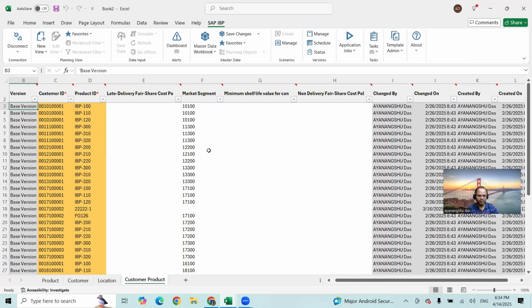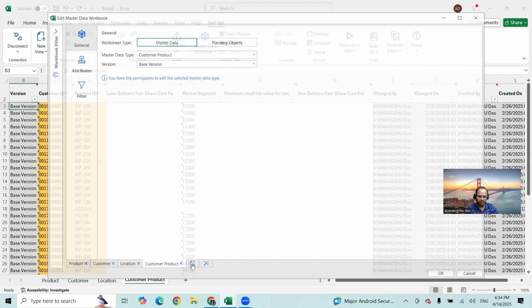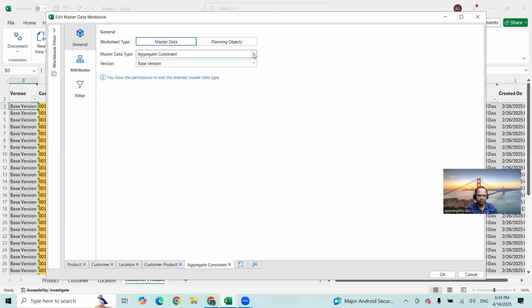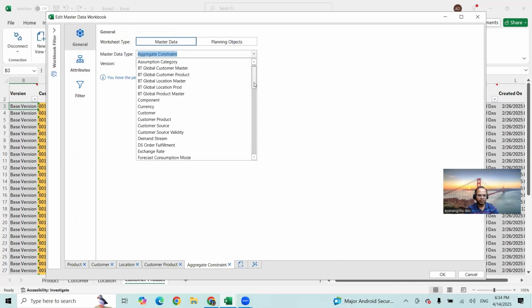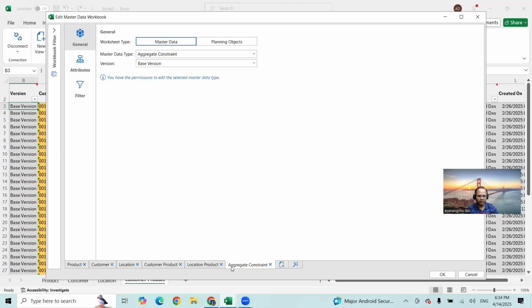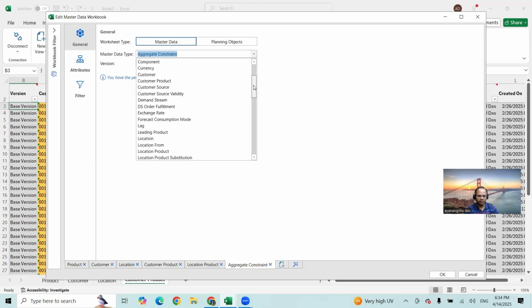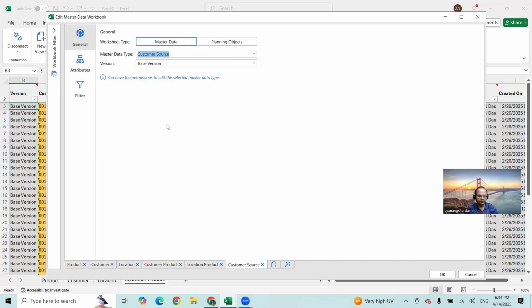So now what we see is every time we are creating a new tab, we are going to master data workbook and edit. But we don't need to do that. We can select multiple tabs at one go. So here we click on another tab and then we select, say, location product, right? And then again we select another tab and select customer source, which is a compound master data for location